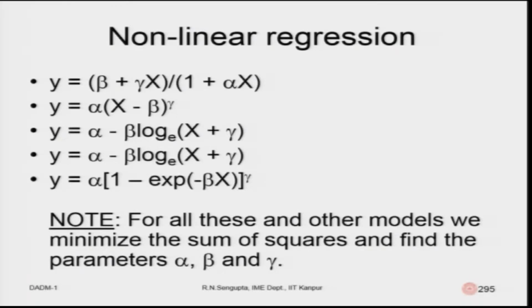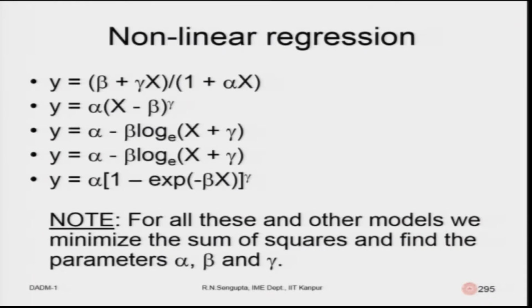A few examples of nonlinear regressions: if you see the first one, you have beta, alpha and gamma in the numerator and denominator, hence when trying to find the sum of the errors squared, and partially differentiating with respect to alpha, beta and gamma, it would not give you simple linear equations. They would be quadratic or other polynomial ones, hence finding the betas, alphas and gammas using the concept of multilinear regression would not be possible.